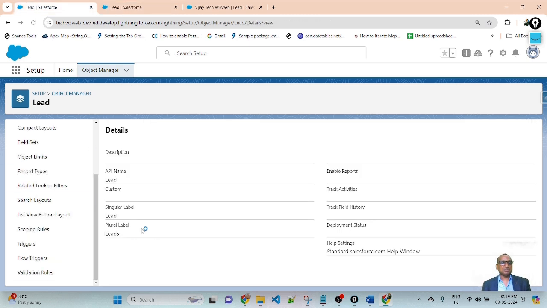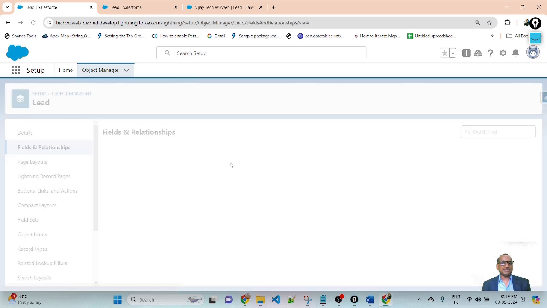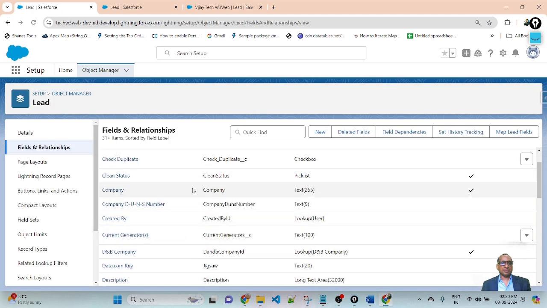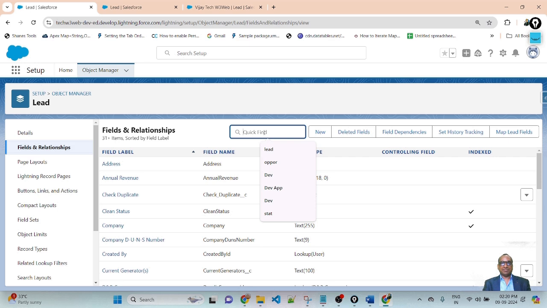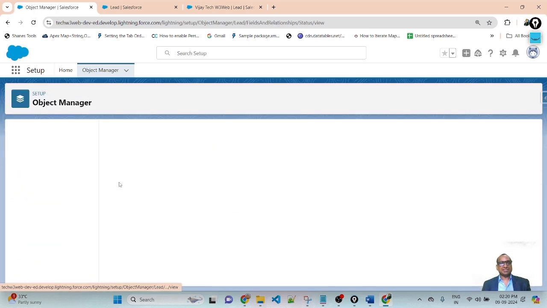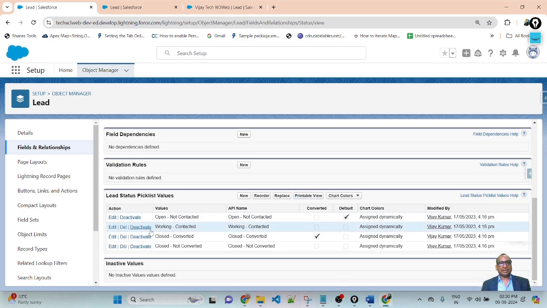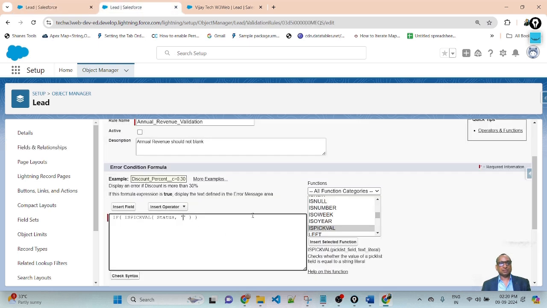To get the value, go to the field relationship and search for my field name, Lead Status, this one. I will copy the value Closed - Converted. So first I am checking the ISPICKVAL value. If the status is selected as Closed - Converted, then comma, I will check a null value.